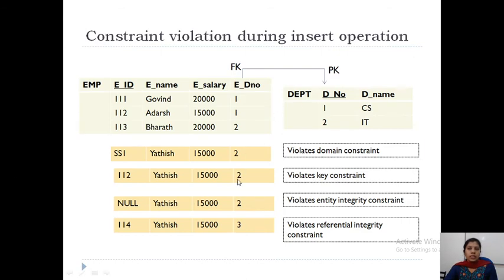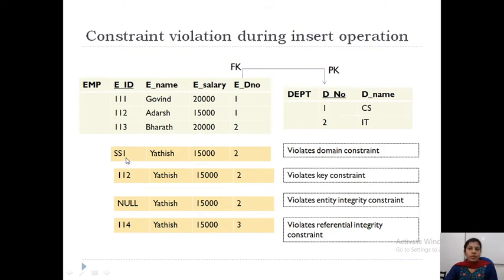Now here you can see an example for each one. Here employee ID is defined as an integer type with 3 digits. The size of this attribute value is 3. And here we are giving SSI. SSI is not a number, correct?